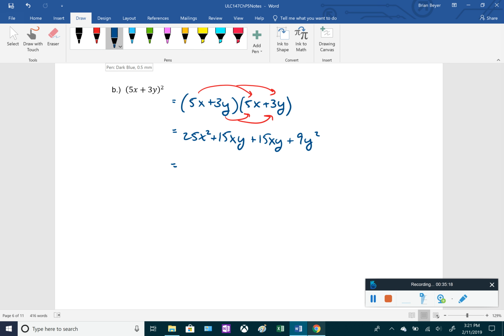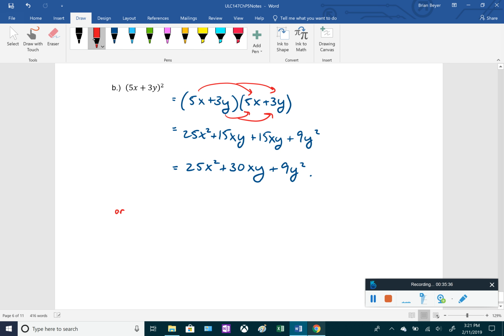Combine like terms, we get 25x squared plus 30xy plus 9y squared. And I'll leave it like that this time. It doesn't matter. Okay, and then I'll do it the other way right now too. So I'll say, or,